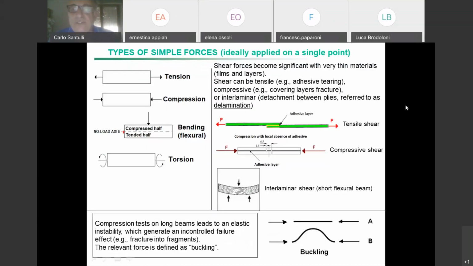Let's go first to one more clarification. We have 5 types of forces in engineering terms. We have a tension force when we pull the material. We have a compression force when we push against the material. We have a bending force, a flexural force, when we bend our material, and we have a torsion force if we apply a torque angle. Okay, these are 4 types of force which are